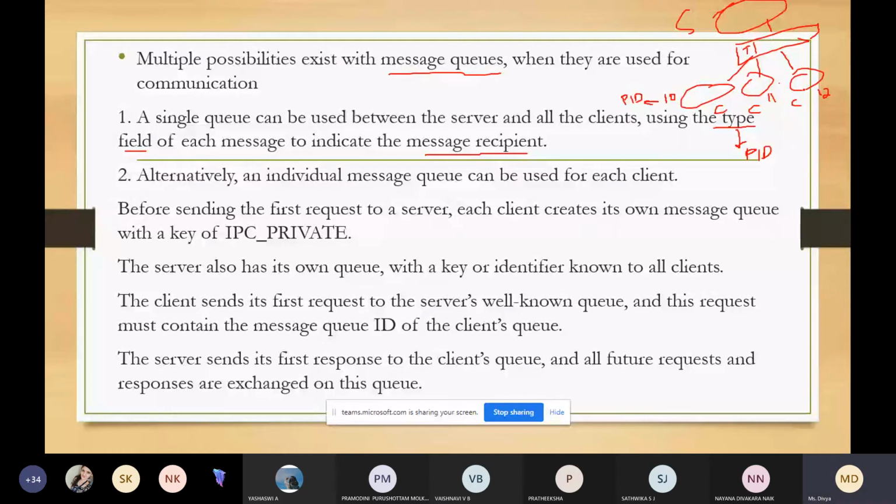If this is a server and these are 2 clients, this is one message queue only for sending messages between the server and client 1, and this is one more for sending between the server and client 2. So there are 2 clients, which means there are 2 message queues, one for each client.